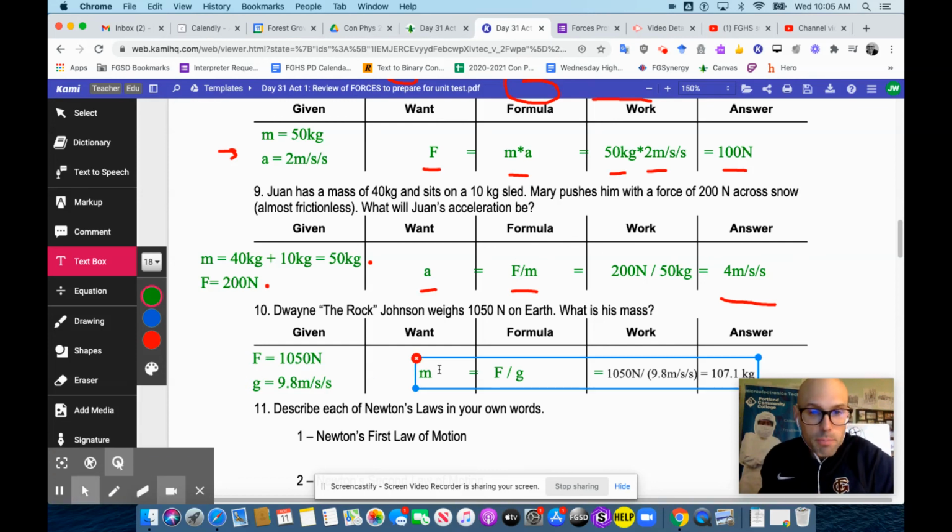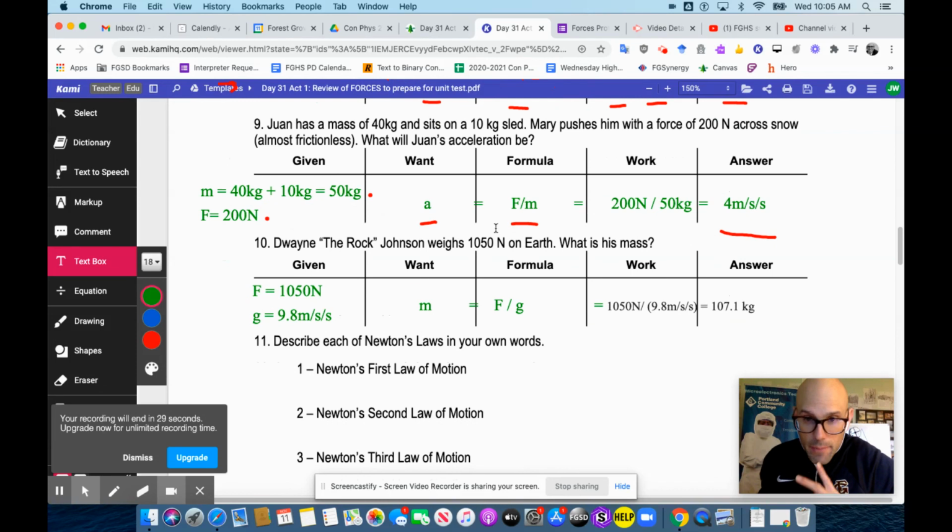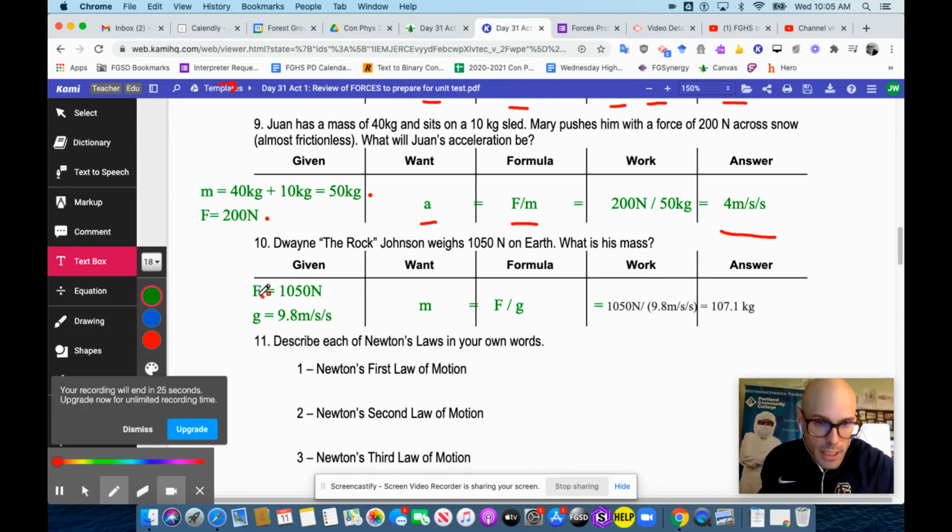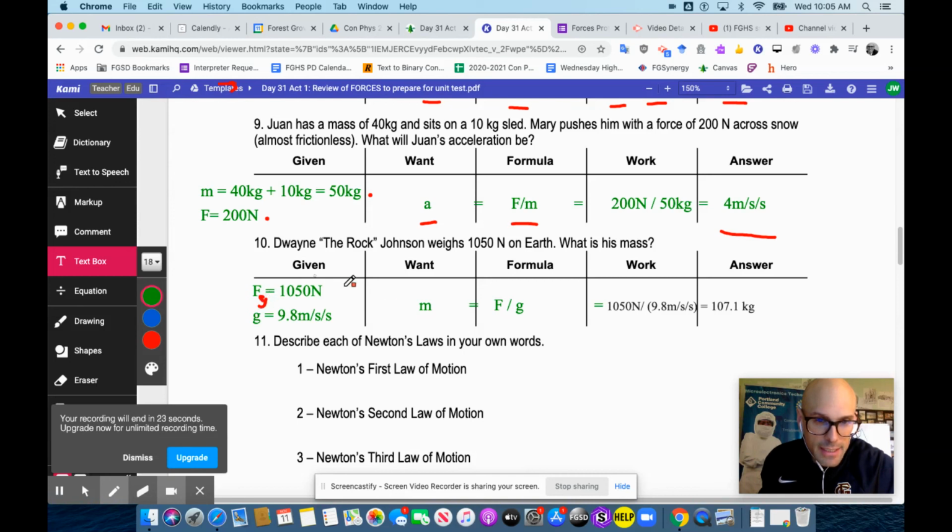The last part, where you're calculating weight, okay? Weight is F sub g. It's really hard to type. It is F sub g, and gravity on Earth is 9.8 meters per second. Gravity, though, on the planet we ask you to find is different. So here we have mass. The equation to find the mass is mass equals F sub g divided by g. So the F sub g is the weight, okay? The rock's weight, 1,050 newtons. So 1,050